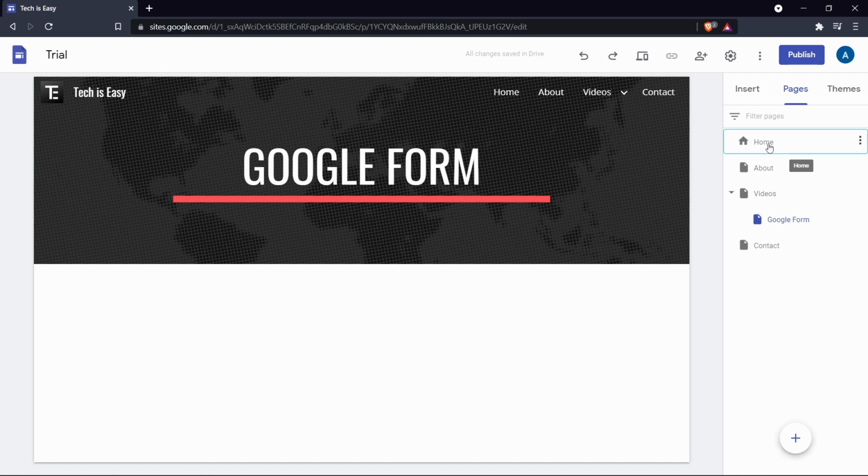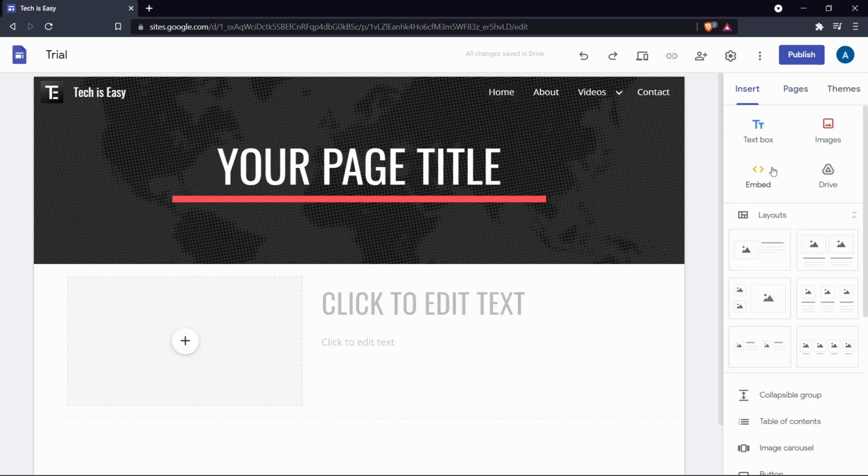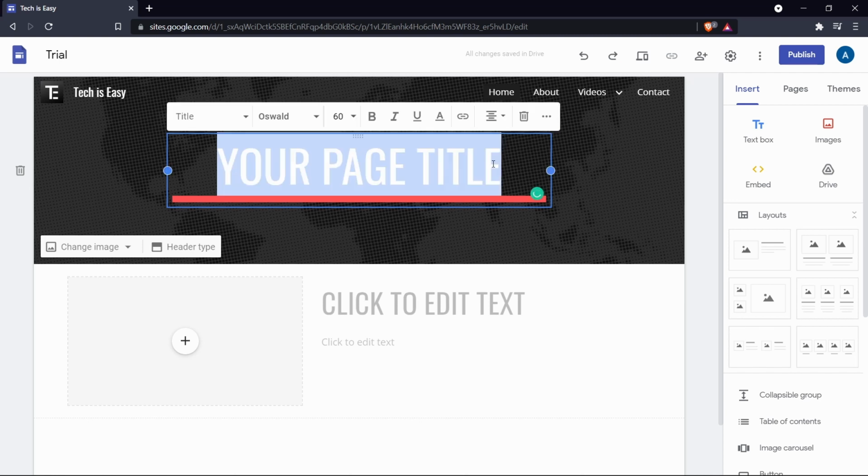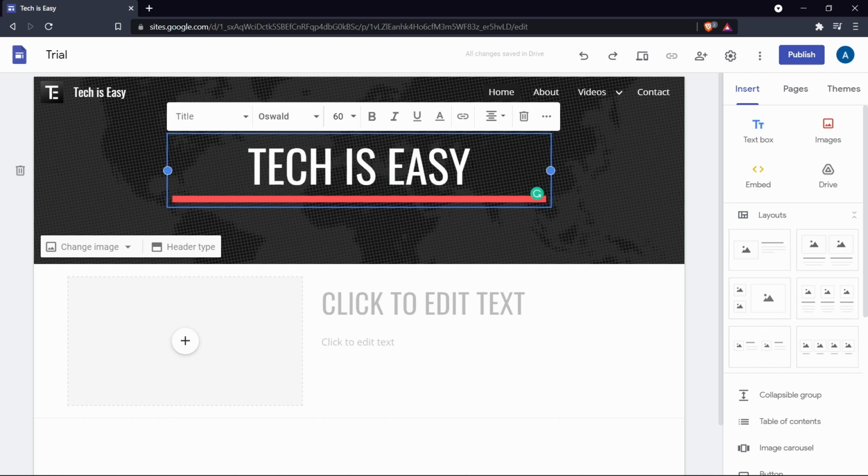So I'll go back to the home page, just go back to insert, and from here you can insert everything that you want. So first I'll just add a title to this. So now I've added the title, and you can see all of the options which you'll get on top. So over here you can select the size. So currently I've selected title, after that the font, then the font size, then if you want to make it bold, italics, underlined, you can make all of those changes from here.